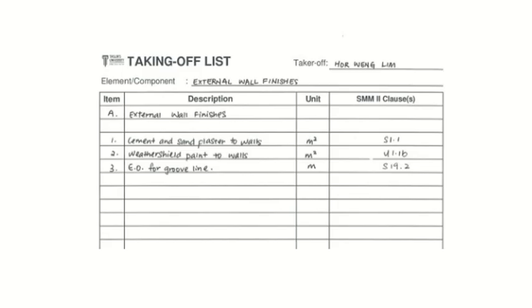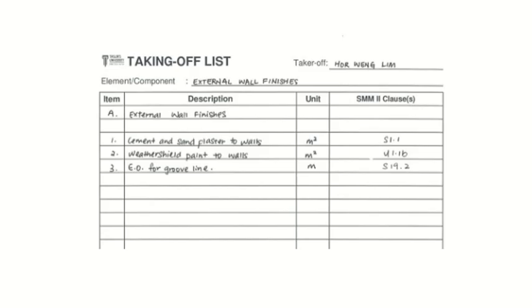So this is a very simple taking off list, and this is for the external wall finishes. We have cement and sand plaster, which is done in what units? Meter square. Then we have weather shield paint to the walls, again meter square, and then we have